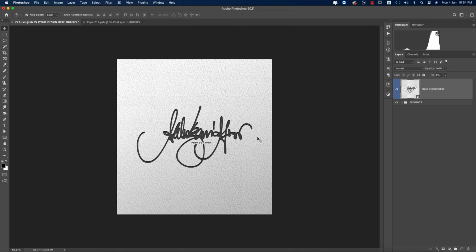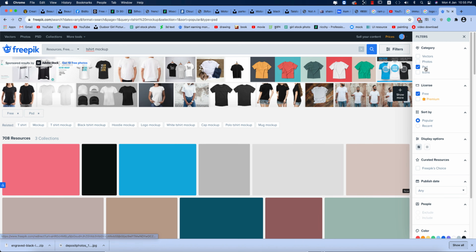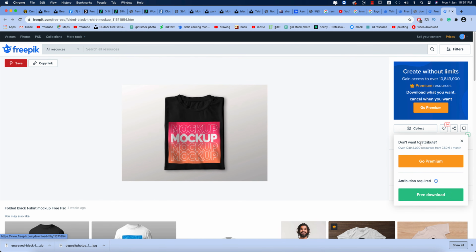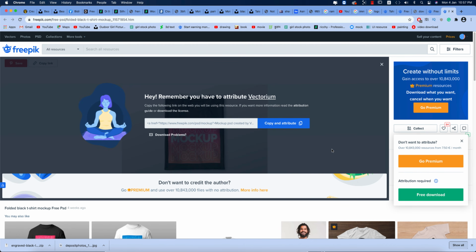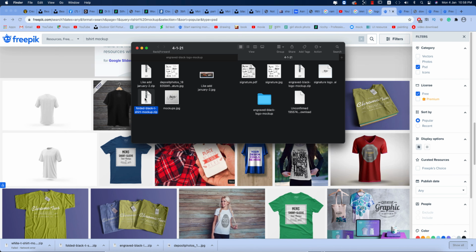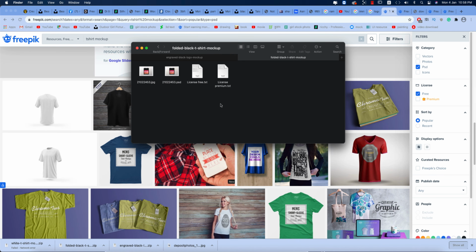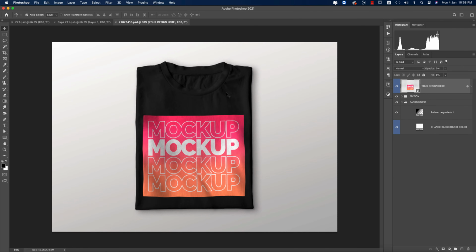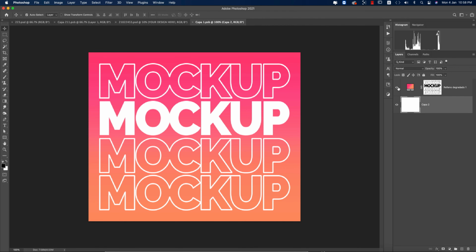We are getting this type of logo actually. So again select the PSD, free, or you can use a t-shirt mockup. Okay, that's fine. So from here you can download this one. So after downloading that, we are getting the zip file and open it up. This PSD file opens in Photoshop. And now in this smart object, I'll double press over here,